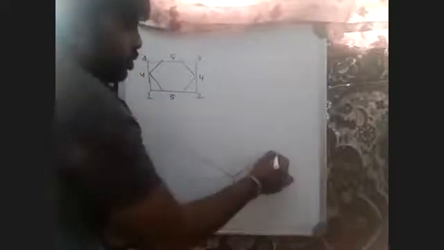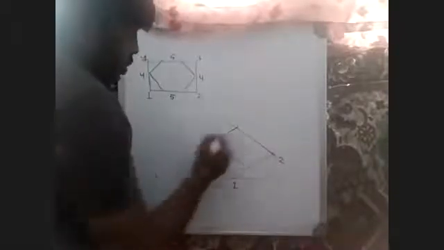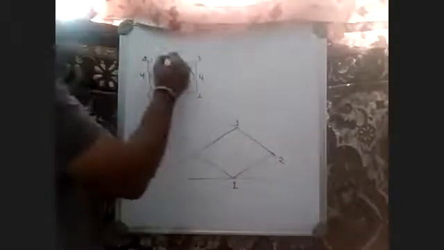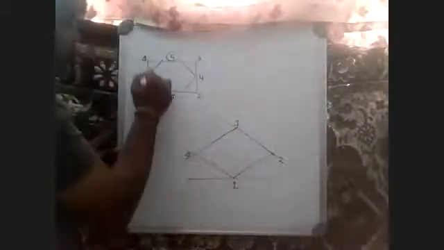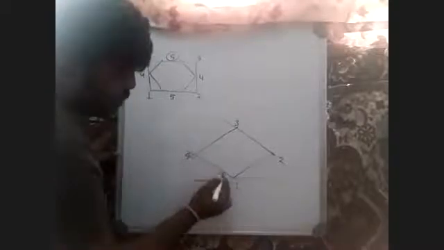So 1 to 2, this is column 1. 1 to 2 is 5 box gap. 1, 2, 3, 4, 5. This is column number 2. And 2 to 3 is 4 box gap. 1, 2, 3, 4. This is column number 3. 3 to 4 is 5 box gap. 1, 2, 3, 4, 5. This is column 4. 4 to 1 is again 4 box gap. 1, 2, 3, 4. So yes, everything is set.